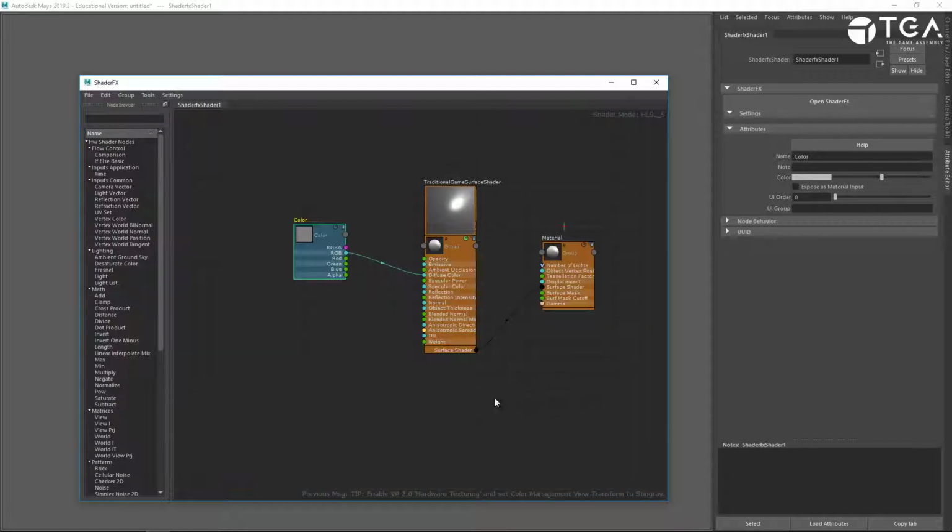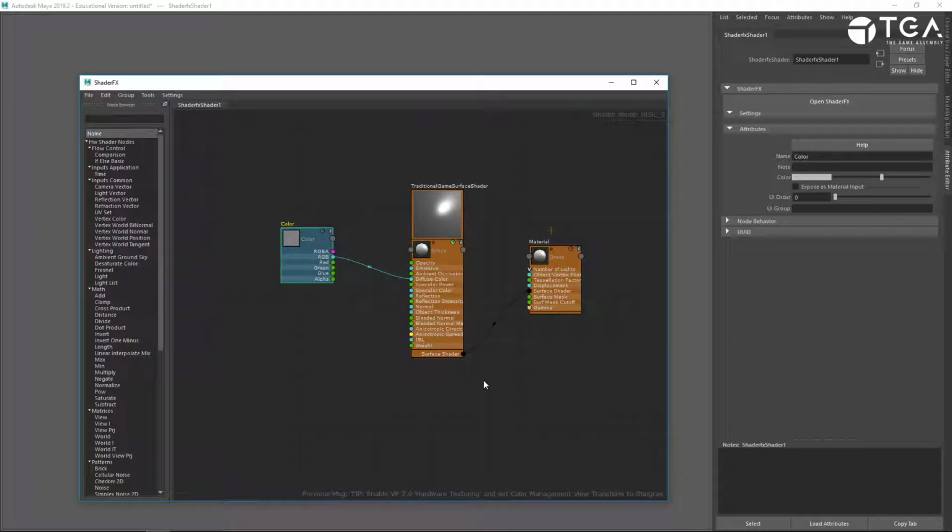It's becoming quite common. I believe that it's here to stay. I think it's a more artist-friendly way of approaching creating shaders rather than writing HLSL code directly. So one thing I want to mention, if you're using this type of interface, if you're doing it the way I do, you should have no problem. But